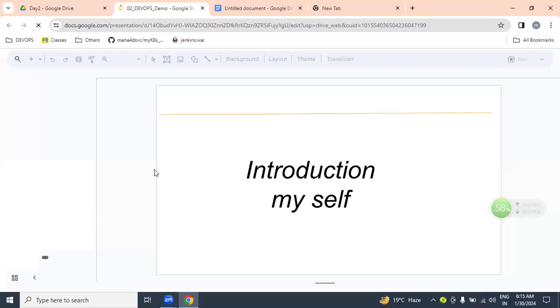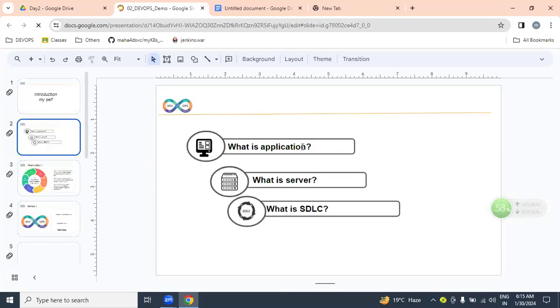Yesterday I discussed with you what is an application, what is a server, and what is SDLC. What is an application? Anybody help me in the chat box as we discussed in the last session.